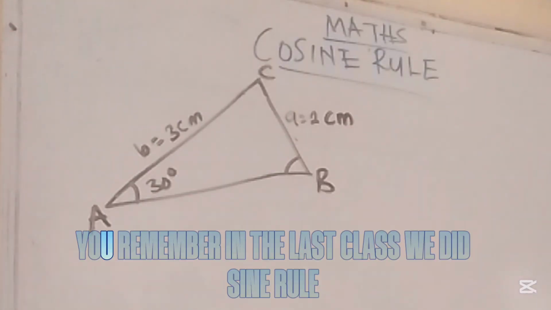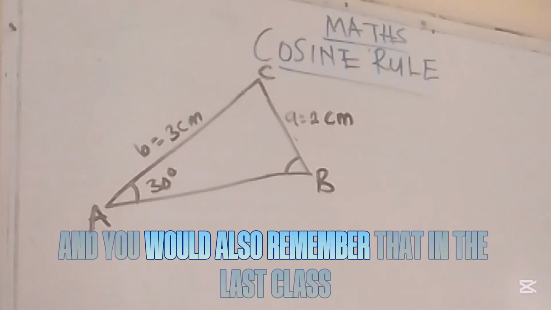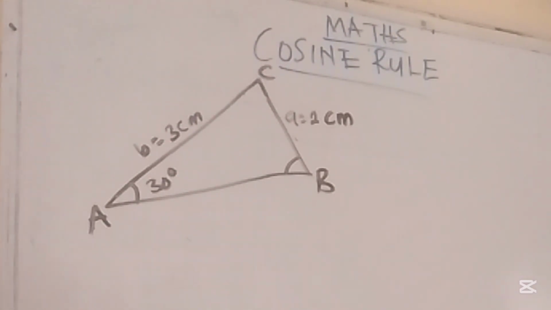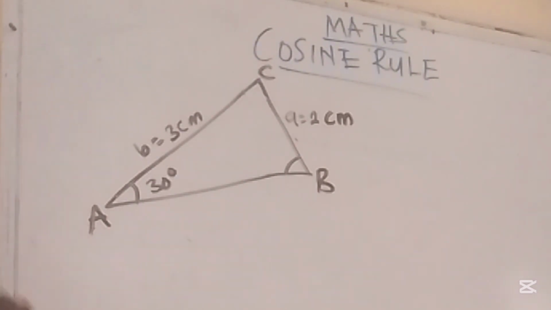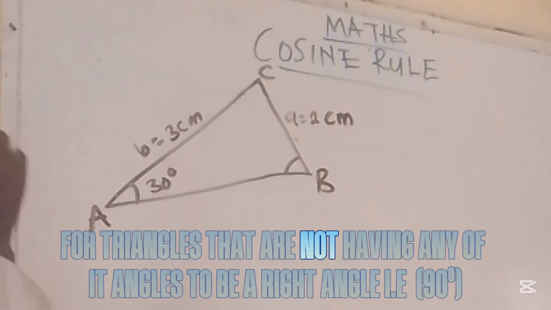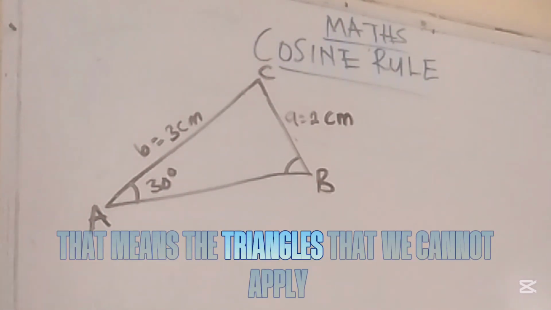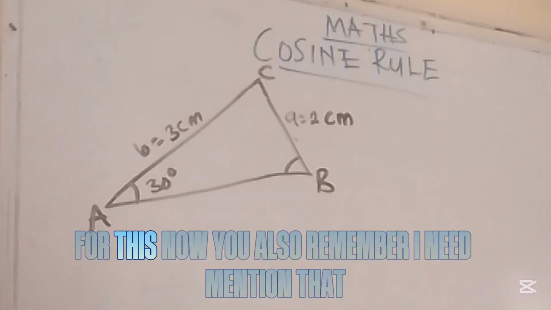Good afternoon. You remember in the last class we did sine, but today we'll be doing cosine. And you remember that in the last class I said that even though both cosine and sine are used to look for angles and sides for triangles that are not having a right angle, that means triangles that we cannot apply Pythagoras theorem to and SOHCAHTOA to. For this, you also remember I made mention that